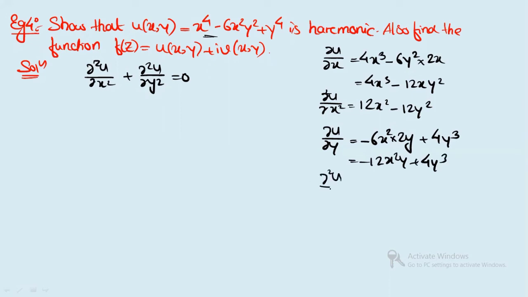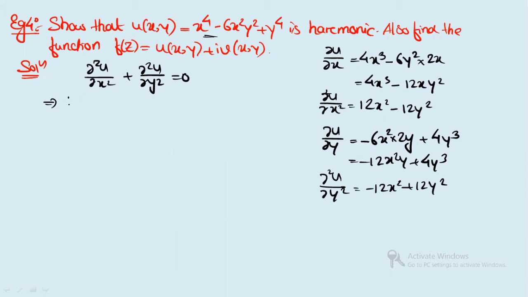So again on differentiating, you will get del square u by del y square. This will give you minus 12, right? X square is constant. Only you will get minus 12x square plus 3 4s are 12 y square. All right. So if you substitute the values here,